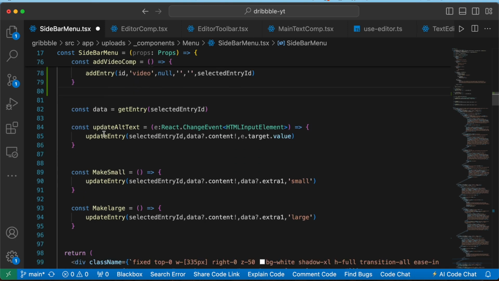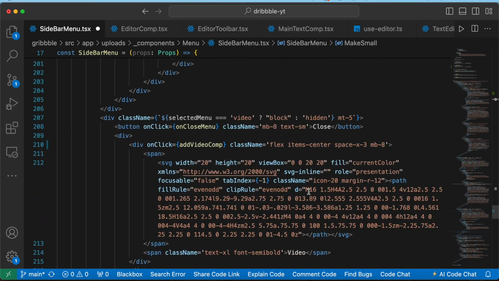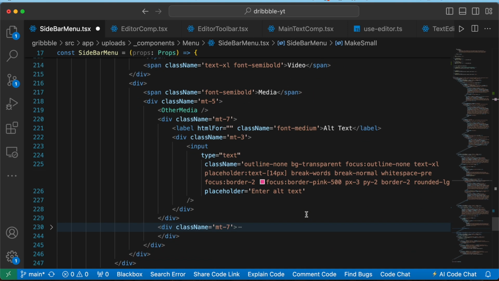Okay, now let's also add these functions to our video editor. The update alt text function will not be there since our video does not contain any kind of alt text. So we are going to leave this, and then we are going to use only these two functions. So let's copy this, let's go below. This is for image and this is for video. Here we do not need this alt text, so we can remove this,